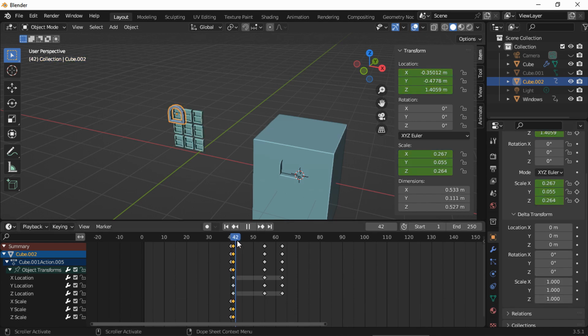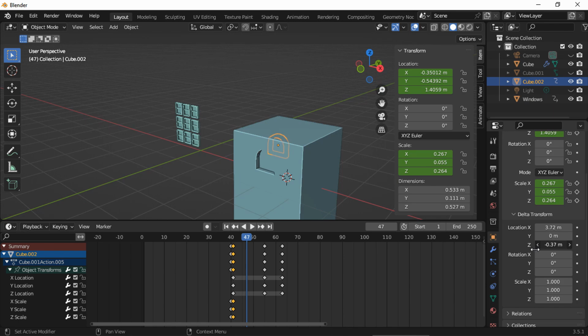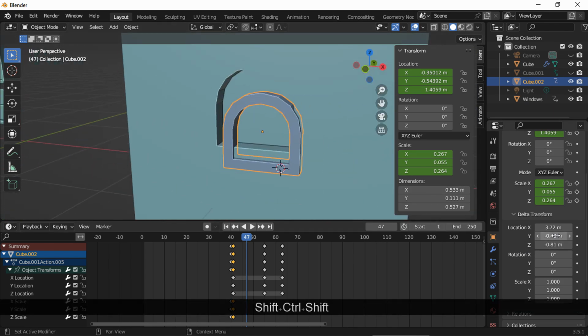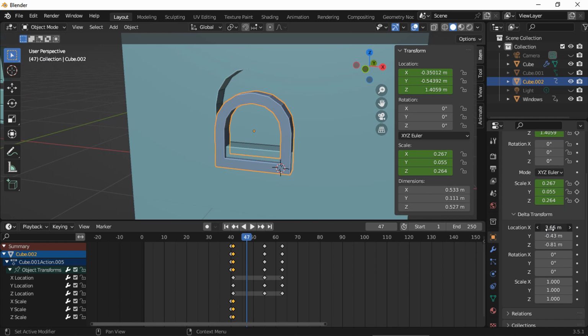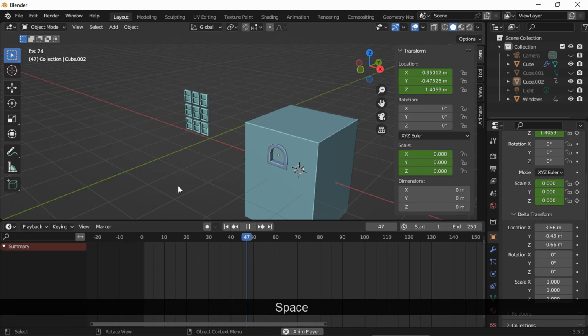And now we can place the window using delta transforms. And here we have it.